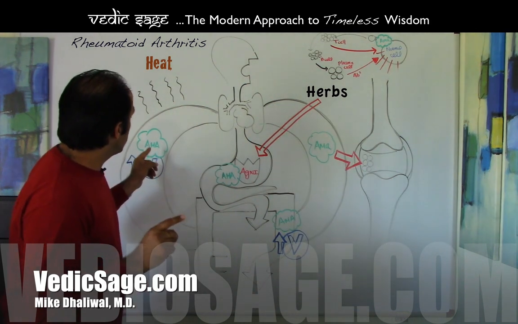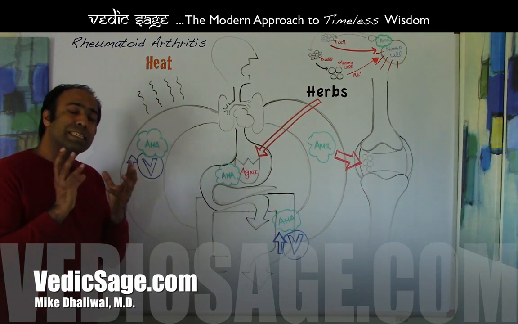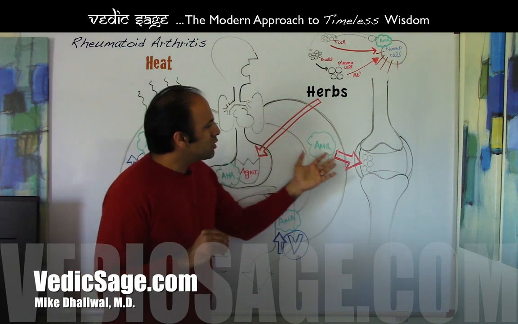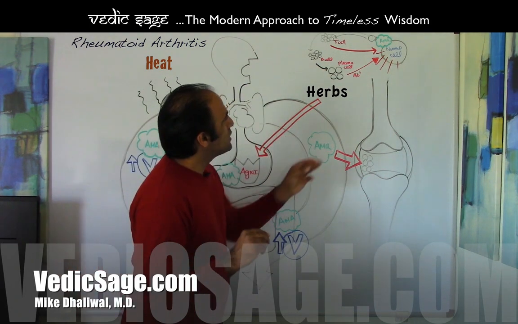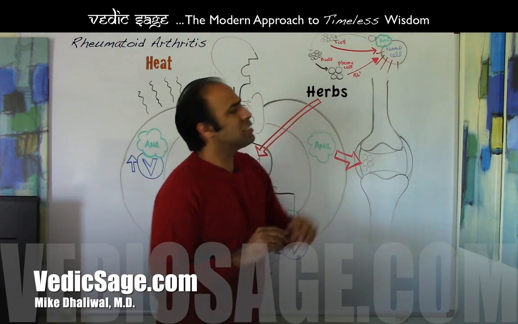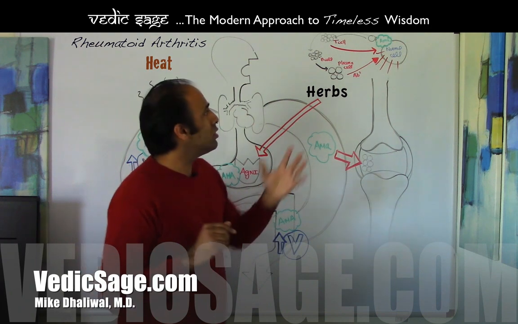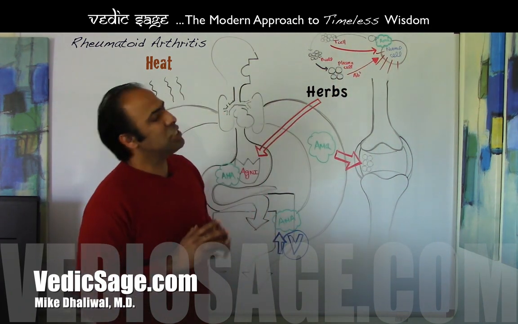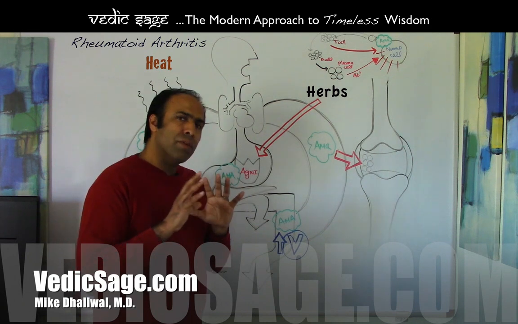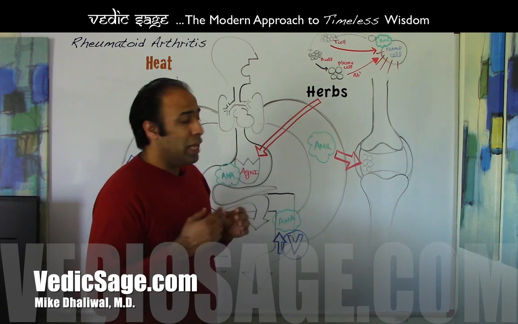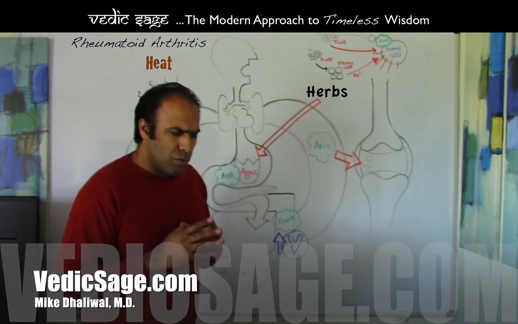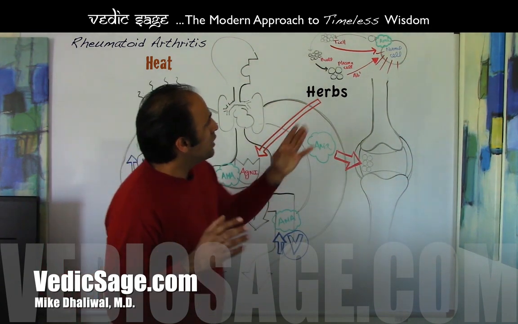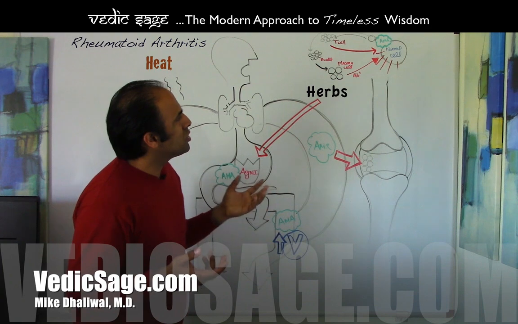Now let's take a look at what happens when this ama, or toxicity, travels through the blood circulation and deposits within the bone tissue. If we look at the cellular level, this undigested food material, or toxic material, starts to cover individual cells. The immune system looks at these cells as a foreign substance, and therefore stimulates the immune cells. From a modern Western allopathic perspective, we look at the inflammatory cells of the immune system, and